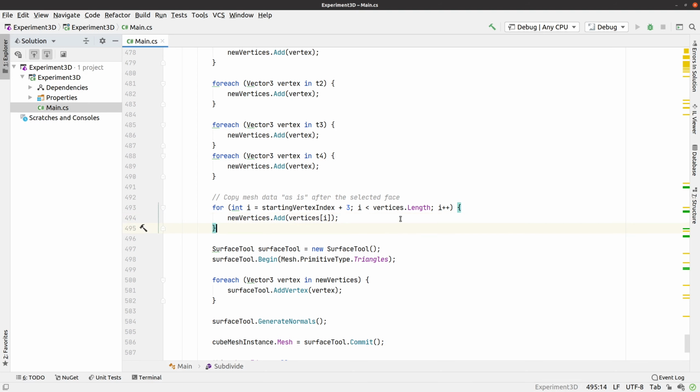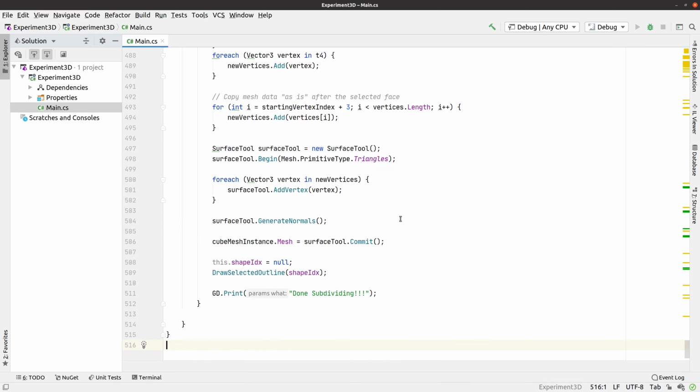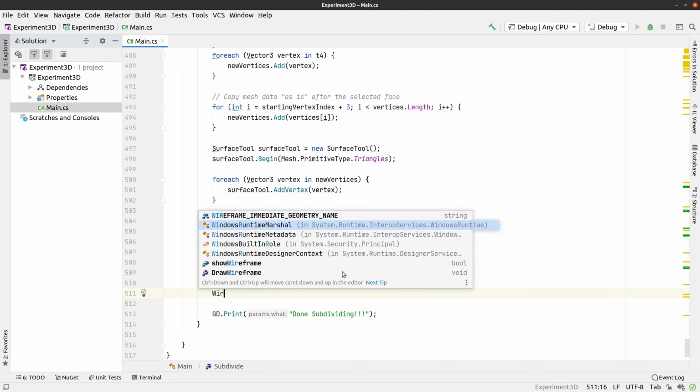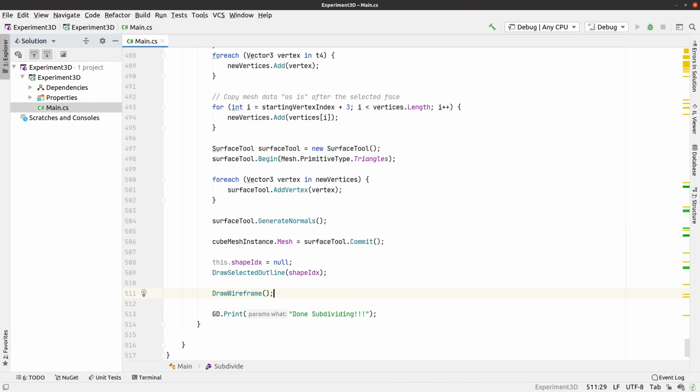So now we have to redraw the wireframe. So at the very bottom of this, we're setting the selected outline to nothing, remember? So right after this, why don't we just say draw wireframe. And that should redraw the new wireframe with the little triangles. So let's take a look at this. The normals still aren't going to be correct, but let's run the game and at least see if this is working for us, and then we can